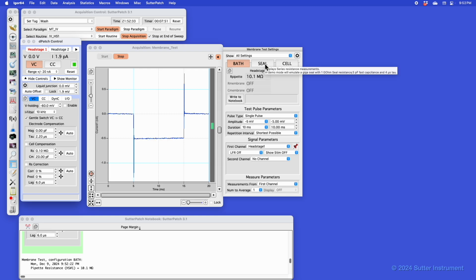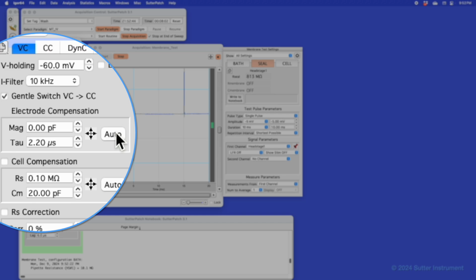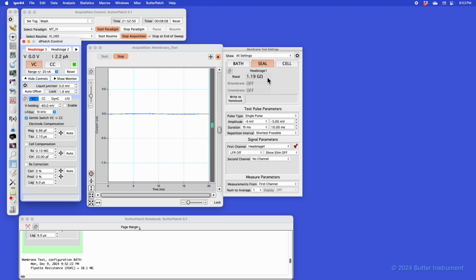Before I switch model cell to seal mode, I will change this button to seal. So this now locks in the previous setting. We'll go here, and now we will just perform an auto electrocompensation. And then we have a value here with a model cell. This is not really a great value because we don't actually have a resistor that's tied into that mode. So it's floating around and it could be any value. But just to showcase, we could put it in the notebook as well.